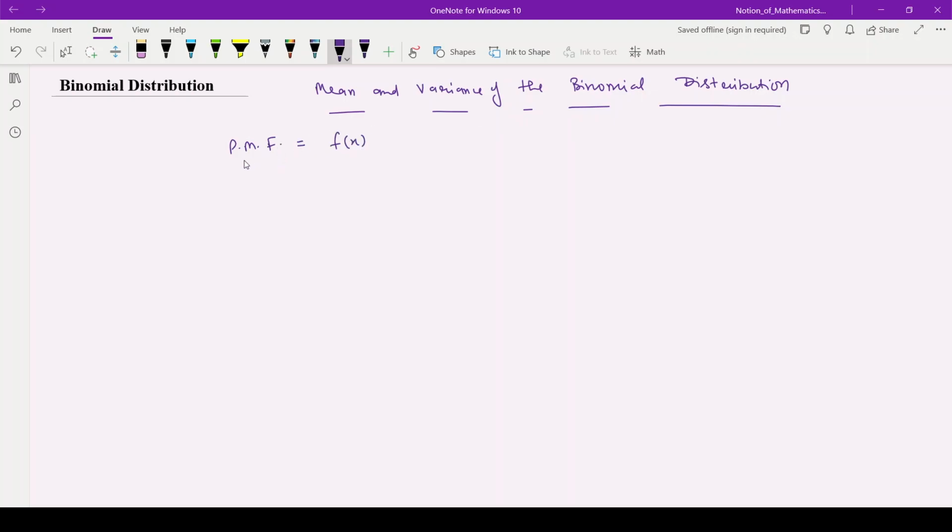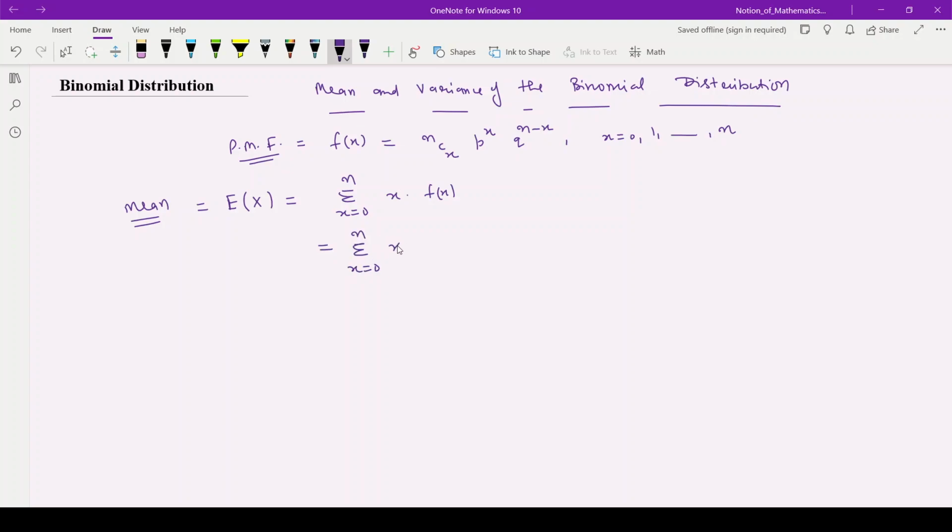is PMF. Probability mass function, that is f(x) equal to nCx p to the power x q to the power n minus x, where x is from 0 up to n. Now in order to find the mean of binomial distribution, we must know that mean is equal to expectation of x, that is summation x is 0 to n x into associated probability mass function, which is equal to summation